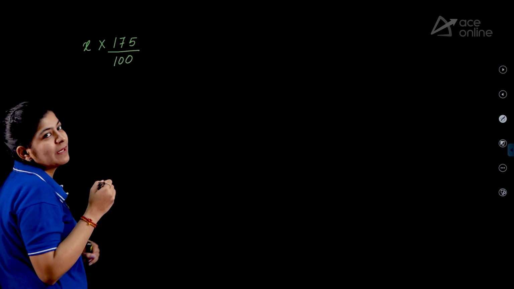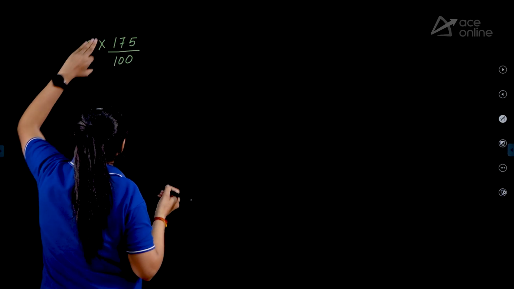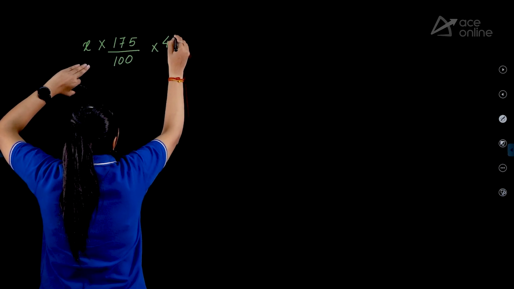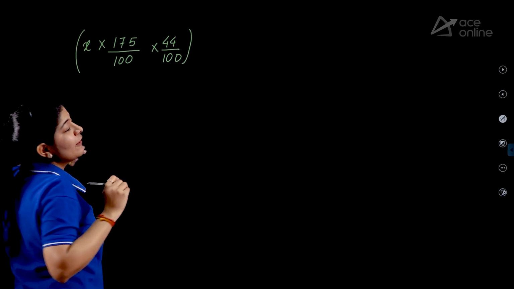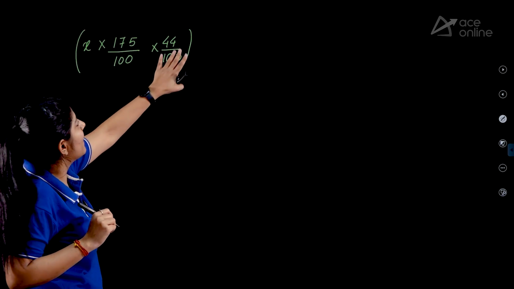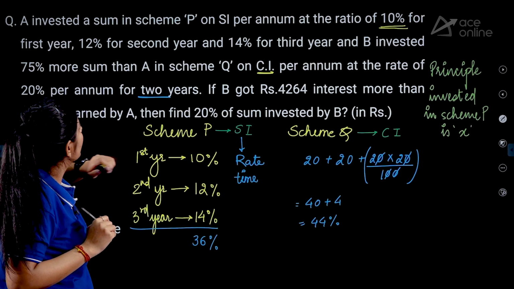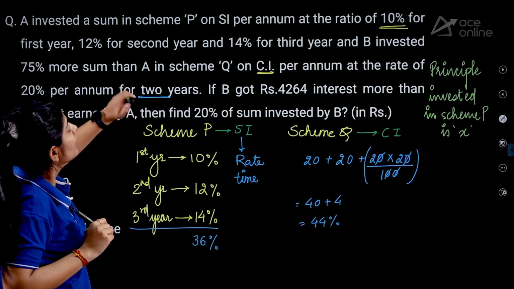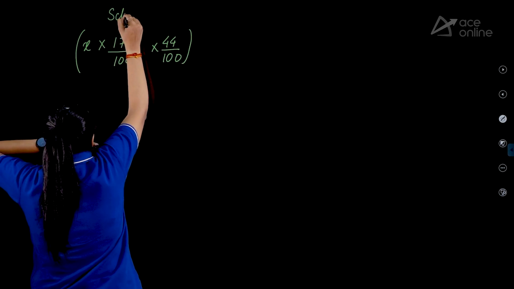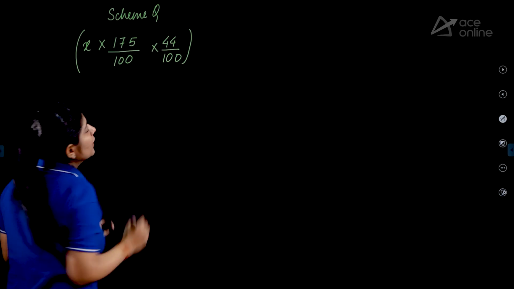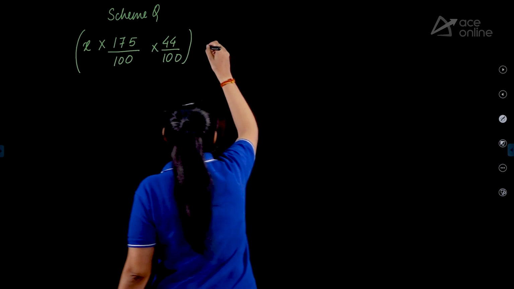75% more, so 100 plus 75 becomes 175, and we invested this amount on the combined value of 44%. So basically this is the complete value that B is getting because of scheme Q. And when we subtract the amount getting by